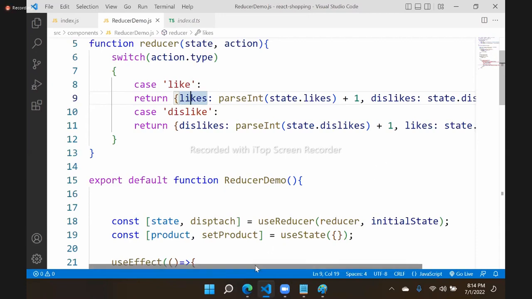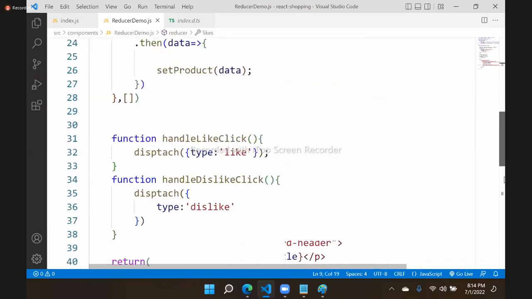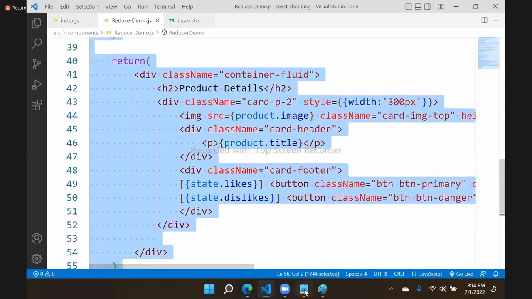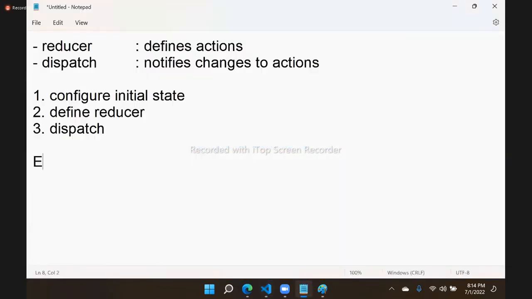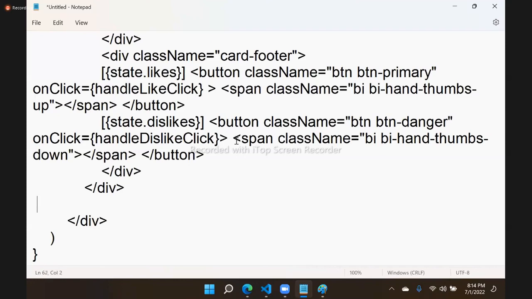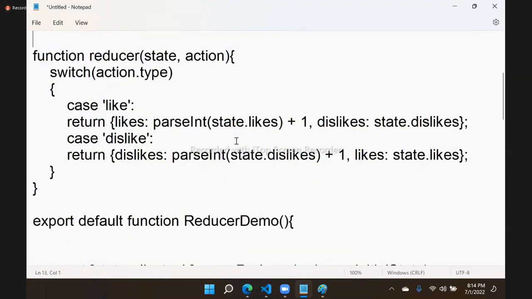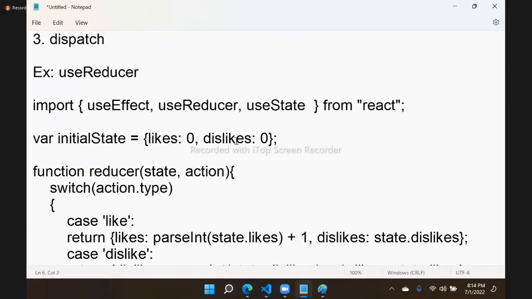This is basically another example of the same concept we did yesterday. This example is to understand how the likes and dislikes work using useReducer. By using useReducer, it is the same concept. One more feature we added into this, right? This is generally